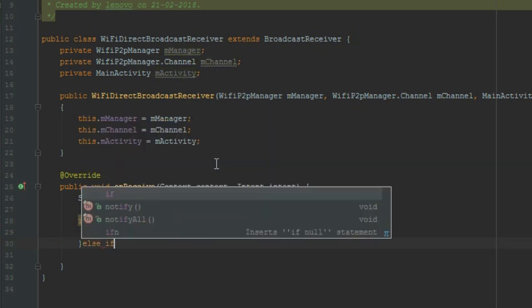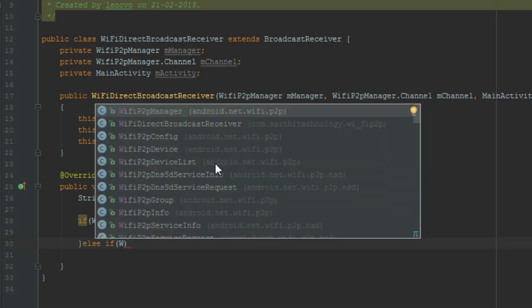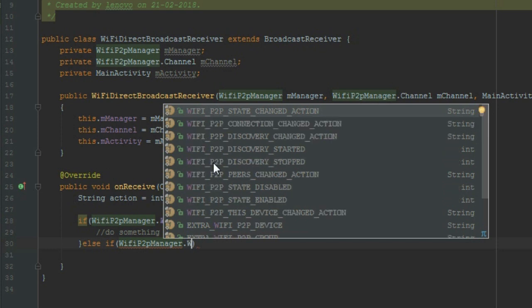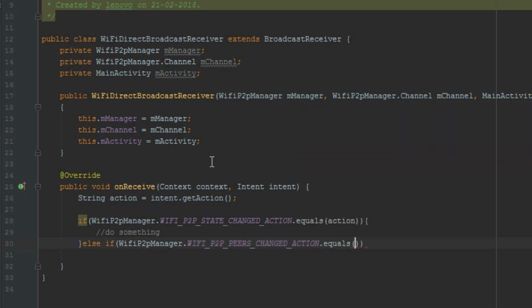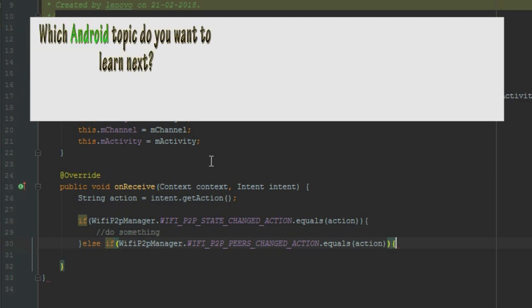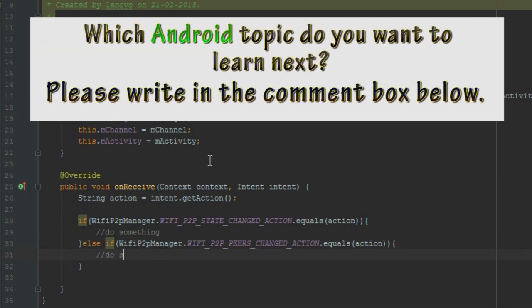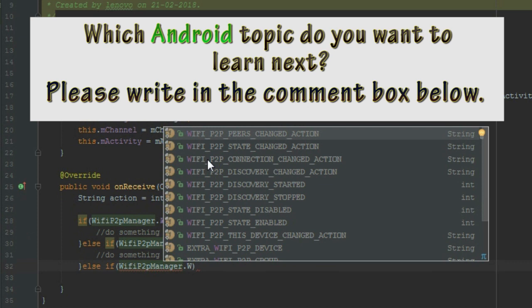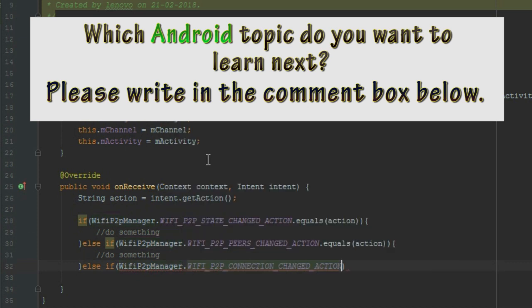else if Wi-Fi P2P manager dot Wi-Fi P2P peers changed action dot equals action, do something, else if Wi-Fi P2P manager dot Wi-Fi P2P connection changed action dot equals action,